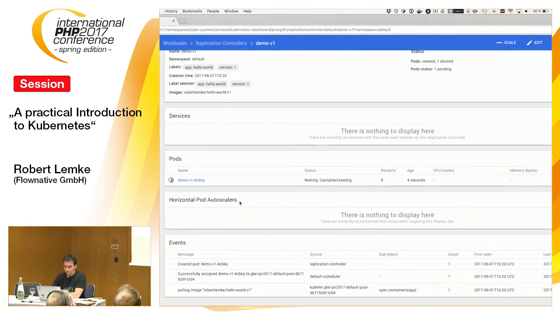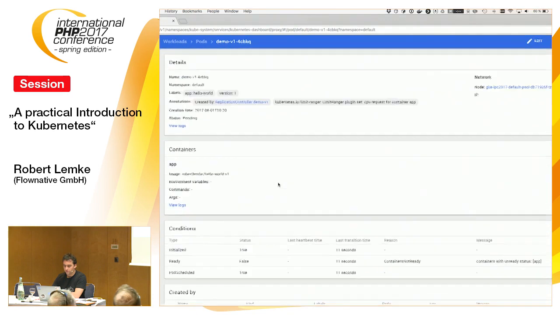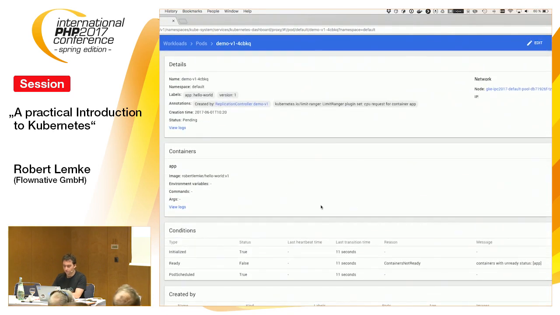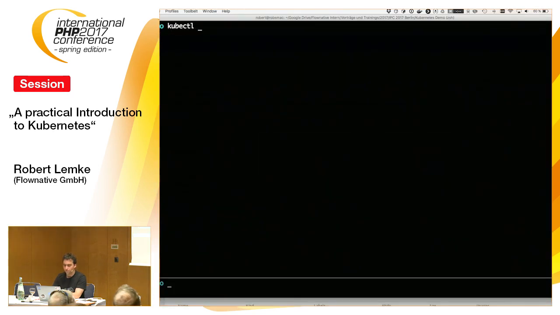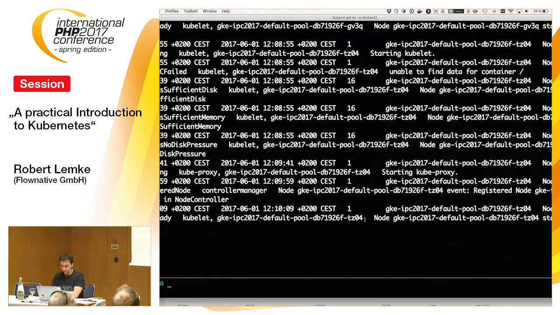And that replication controller is going to create a pod. The current status is container creating. So, and I can see details of it, but currently it's not running. So I can actually ask the command line tool to show me events happening there. There you see, for example, events like, okay, the node is now running and so on. That is all from the startup.